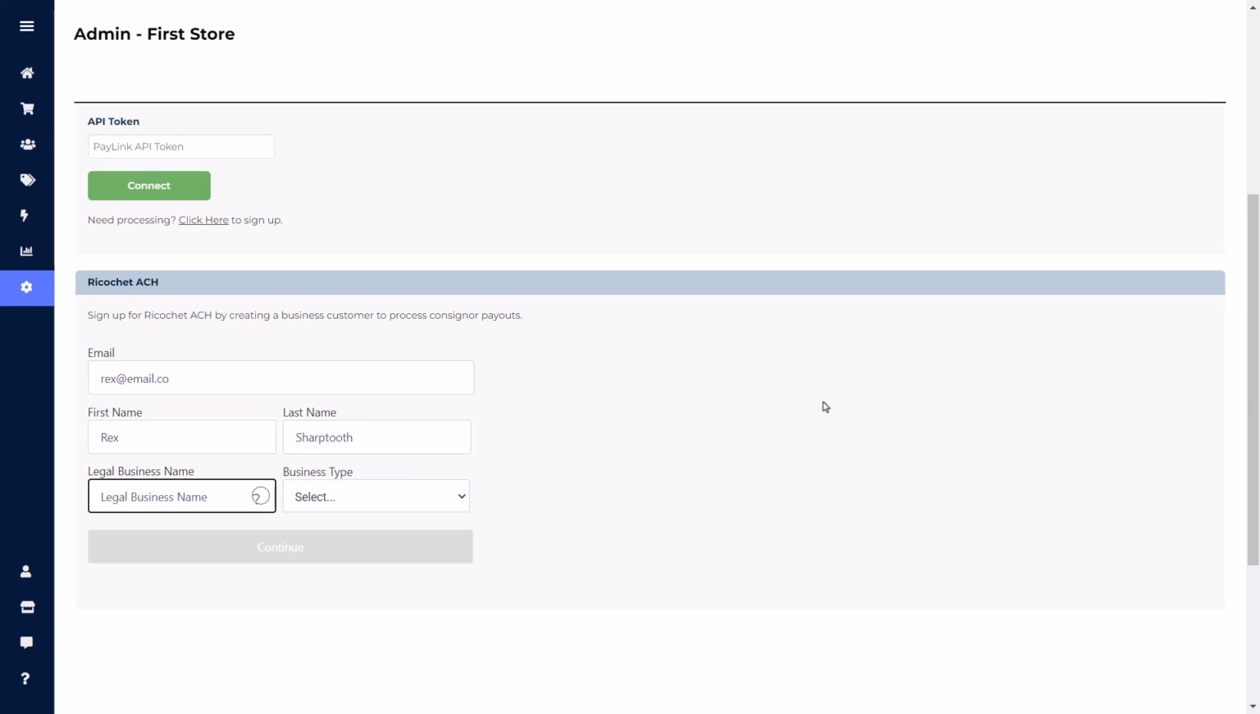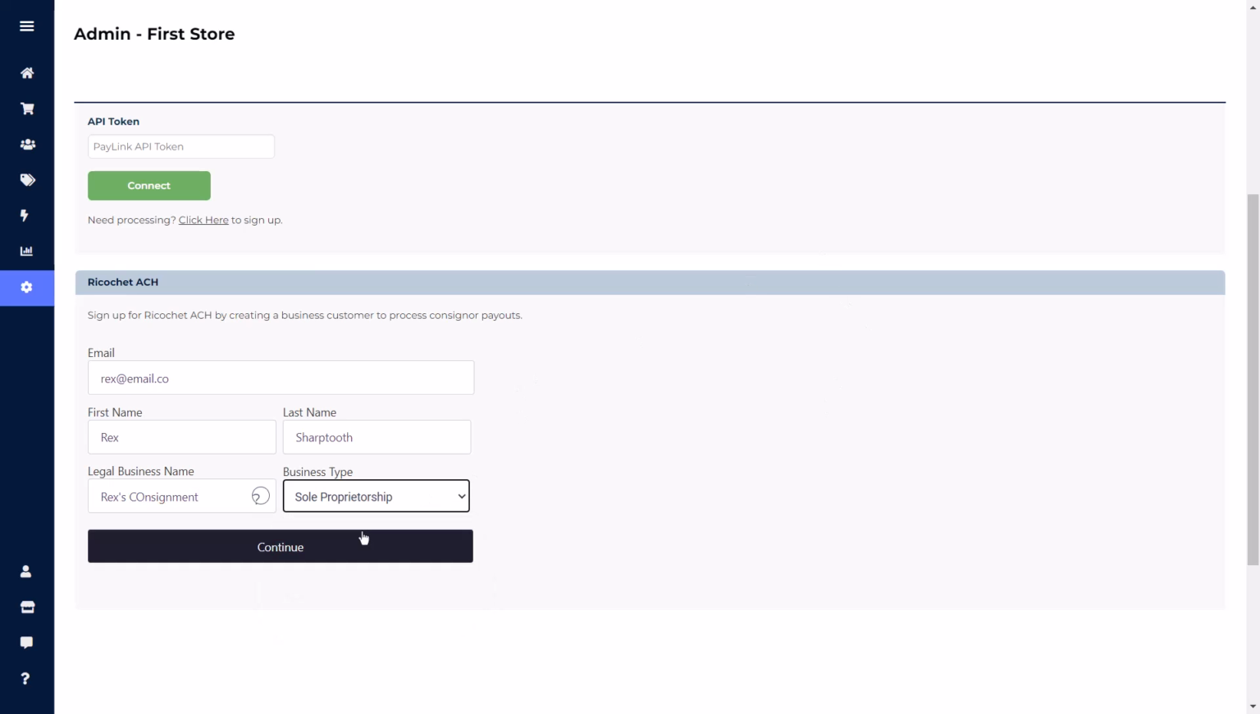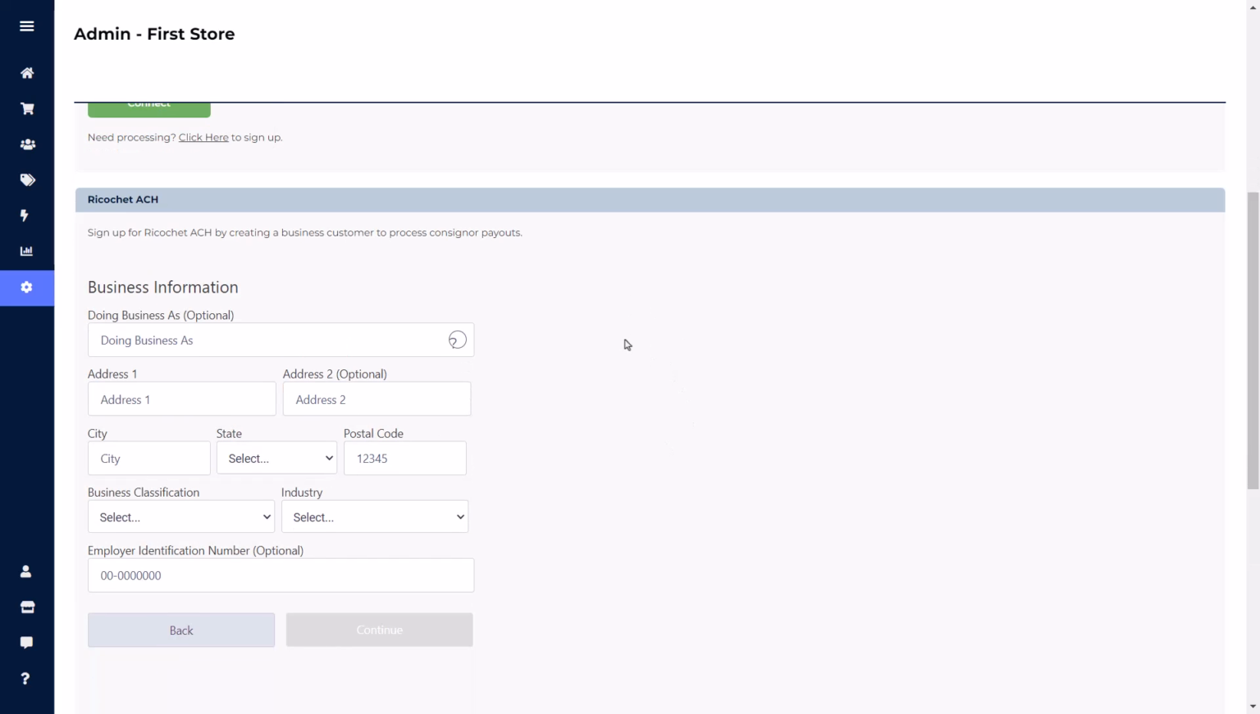Next, you can add in your legal business name, then your business type. And as we mentioned earlier, we are going to review sole proprietorship during this tutorial, and we highly suggest utilizing the help article about Ricochet ACH while signing up for corporations or LLCs. Now at this point, you can click Continue, and this will bring you to the rest of the business information page for sole proprietorship. Now, if you do have a DBA, you can add that information in here, followed by adding in your business address,